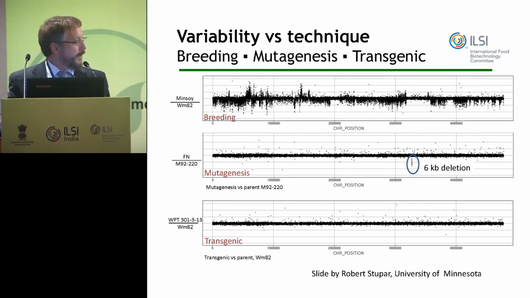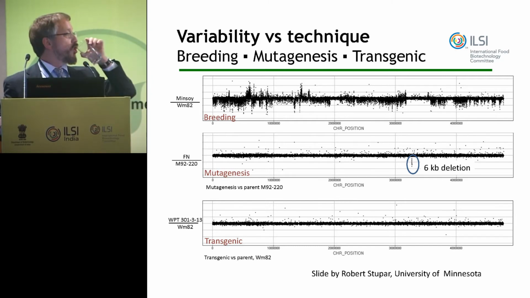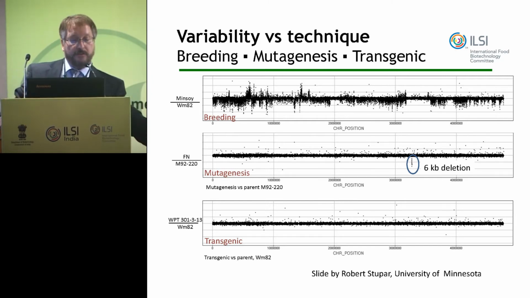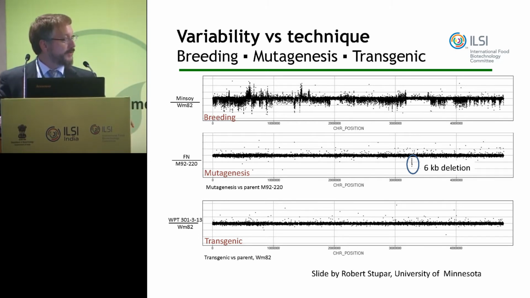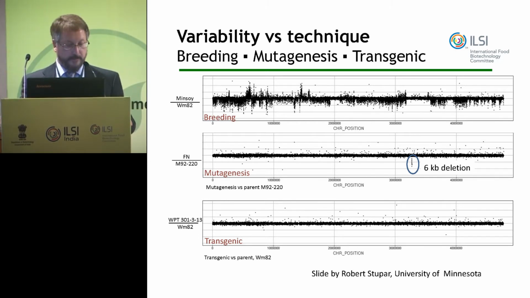because one fluorochrome cannot be canceled out by the other. So this is a case of two soybean plants, the parent and one that was subjected to fast neutron radiation, and indeed there's 6,000 base pairs that are missing. Compare that to two varieties. Huge levels of indels naturally present. And compare that to transgenesis. We can't detect anything above background noise. So it gets back to the breeding really does make far more changes than we can possibly do with transgenics.